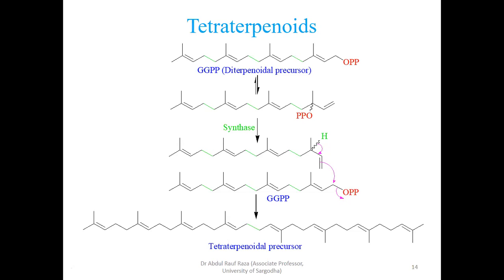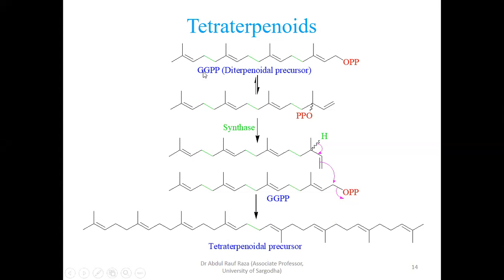Just like you have come across the 30 carbon unit called squalene, there is no such name given to this one, because the diterpenoid precursor is also not given a specific name. This is called GGPP. That is why this is also not given any specific name. The 15 carbon unit is farnesyl pyrophosphate, and the 10 carbon unit is called geranyl pyrophosphate. They are the basic precursors of all natural product monoterpenoids. For sesquiterpenoid, farnesyl pyrophosphate is the basic precursor.